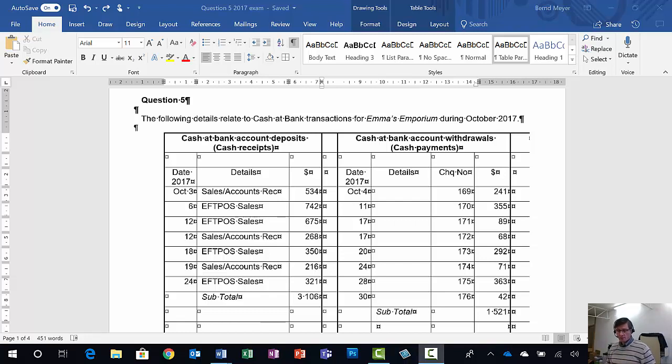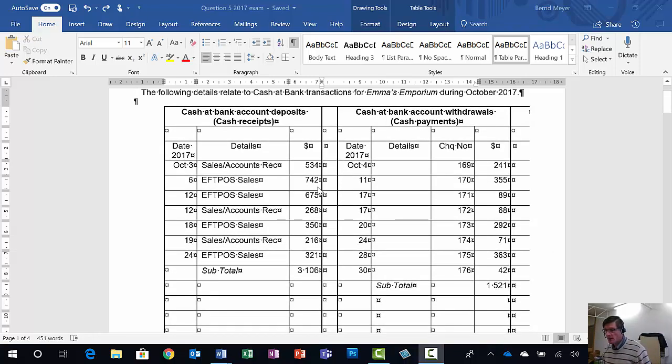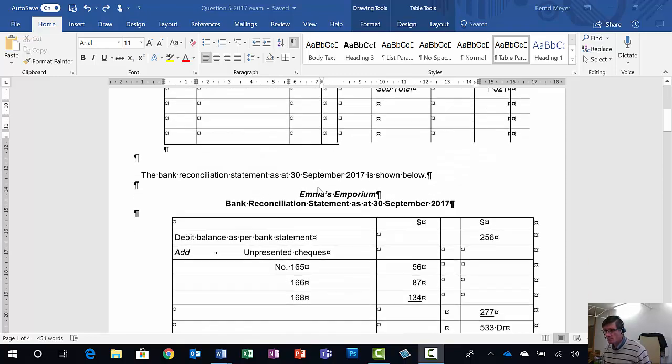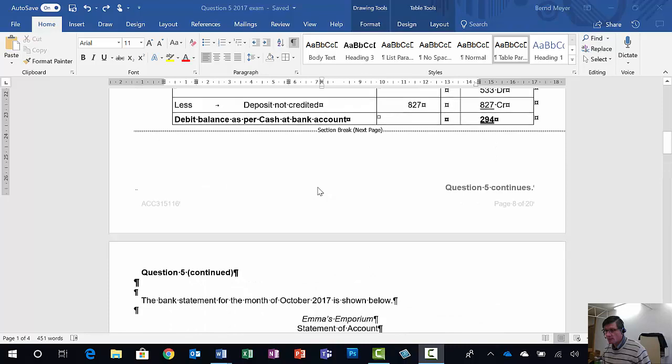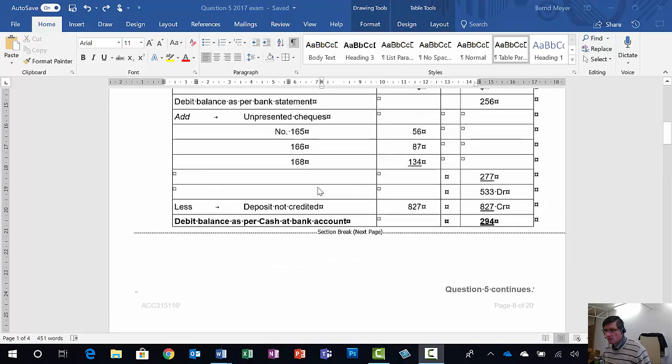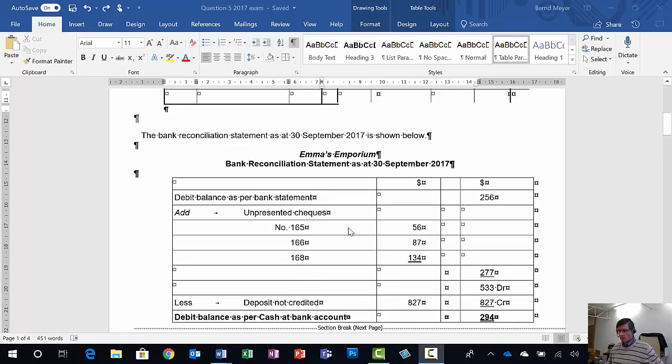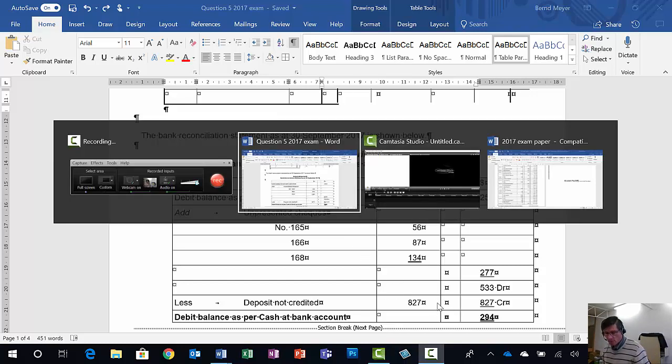Hi, today I'm going to show you how to do question 5, a bank reconciliation from the 2017 exam. So there are the requirements. There's the cash payments journal, cash receipts journal, the past reconciliation statement, and down here you've got the bank statement. So the first thing we need to do is check off any items from the past reconciliation statement onto the